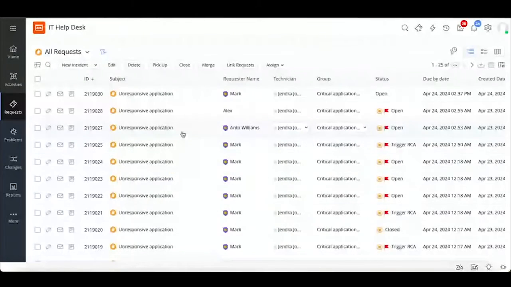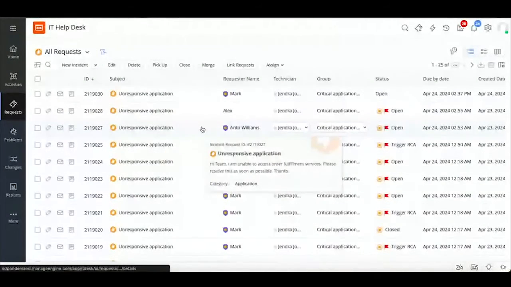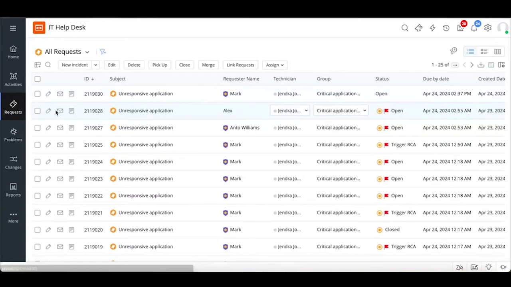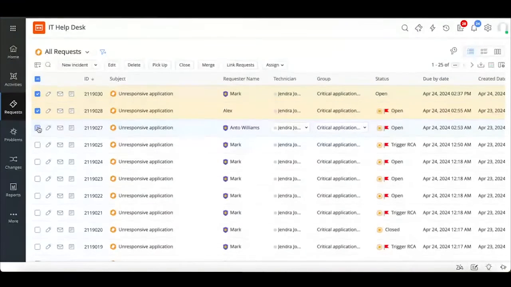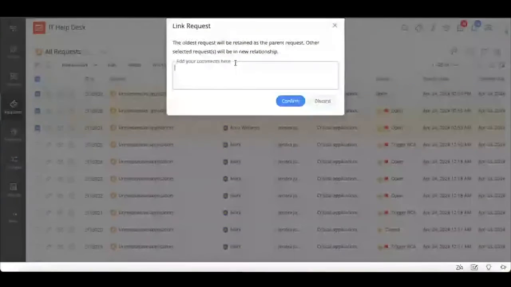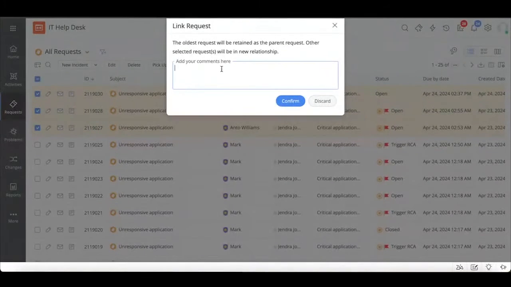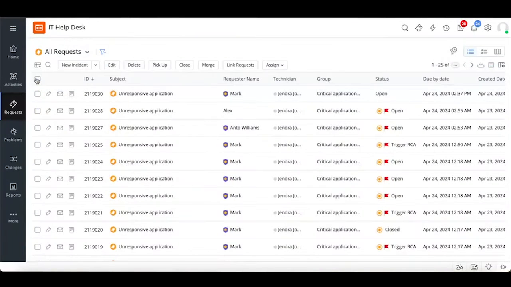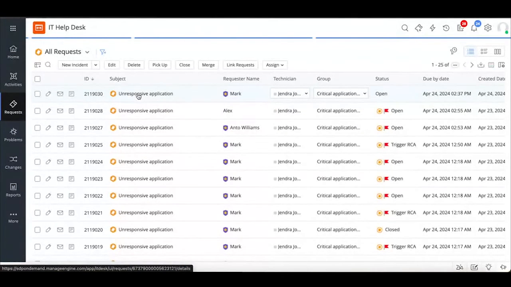Take a different scenario where multiple users are facing the same issue and they're logging in their tickets. In that case, you can't really merge these tickets, but what you can do is you can link them together. So you'll be selecting those tickets and click on link requests. So the ticket that was created first will be retained as your parent ticket, and all of the remaining tickets will be linked to your parent ticket. This makes it easier for your technicians to handle similar incidents together. So let's now go into the ticket that we just created and see how it would be